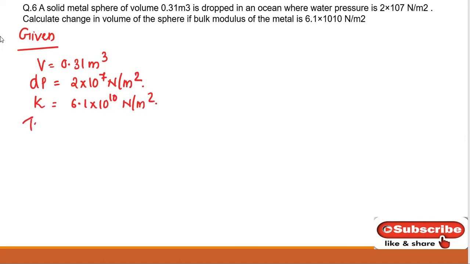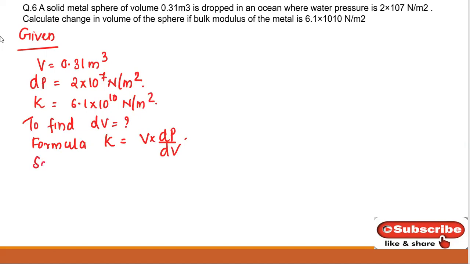We want to find out the change in volume, dV. We know that the formula for bulk modulus is K is equal to V into dP upon dV. We want to find out dV. Okay, solution,